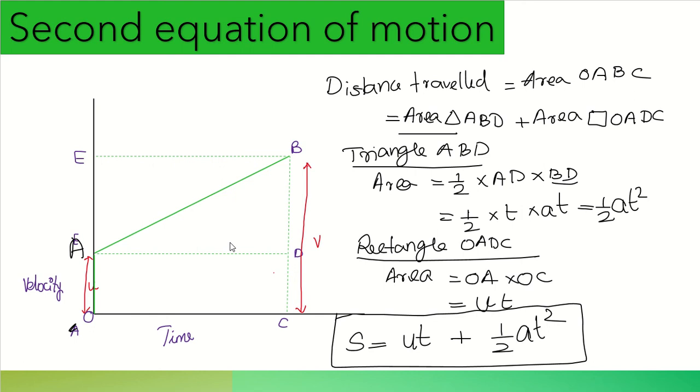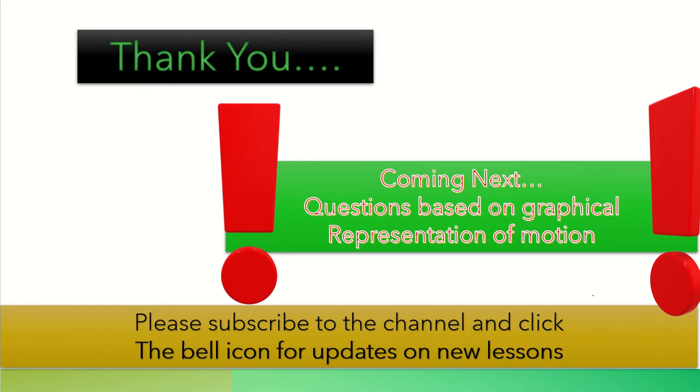So second equation, you split the graph into two and find out the area. Then you directly get the second equation of motion. Third equation, you take the area of the trapezium, then eliminate that time from the equation, using the first equation of motion. You find out the equation for time and substitute there. So easily we have derived all the three equations of motion, isn't it? Now we just derived it, we understood what is to be done. So we should know how to apply these graphs in solving questions. That is again a very important thing, right? We should just apply this concept.